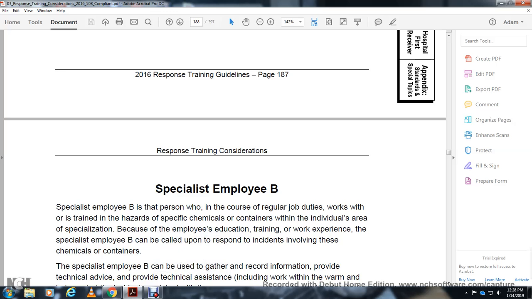Who is Specialist Employee B? Specialist Employee B is a person with the course of the regular job, who works with training that has the specific chemical name for the individual area, with the specification of the employee, with the education and work training, who is called upon to respond to incidents involved with the chemical